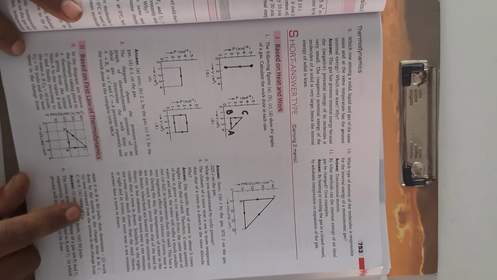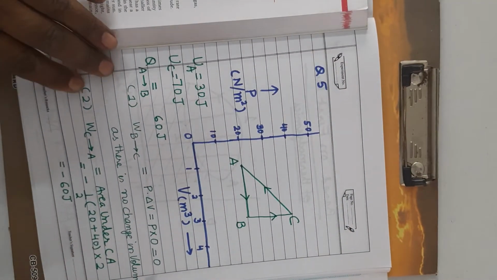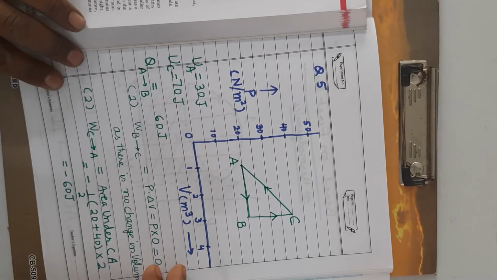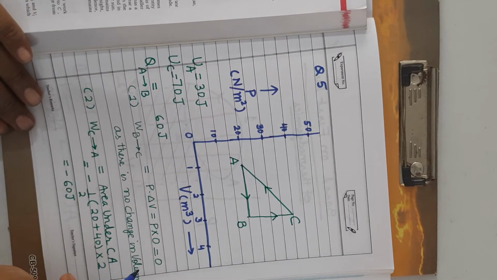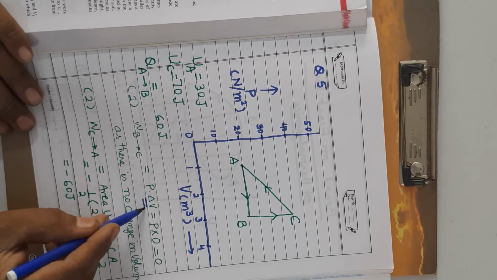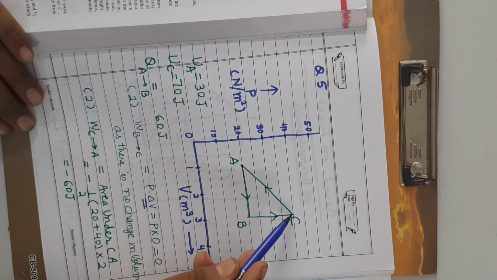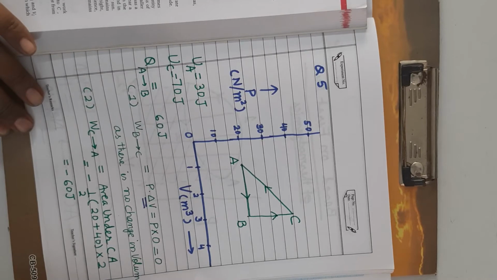Then determine the work done by the system in the change from B to C. In the change from B to C, you can see here the PV curve is a vertical line, parallel to the pressure axis. Therefore, work done will be 0. Why is there no work done? Because there is no change in volume. Or in other words, no area falls below BC.